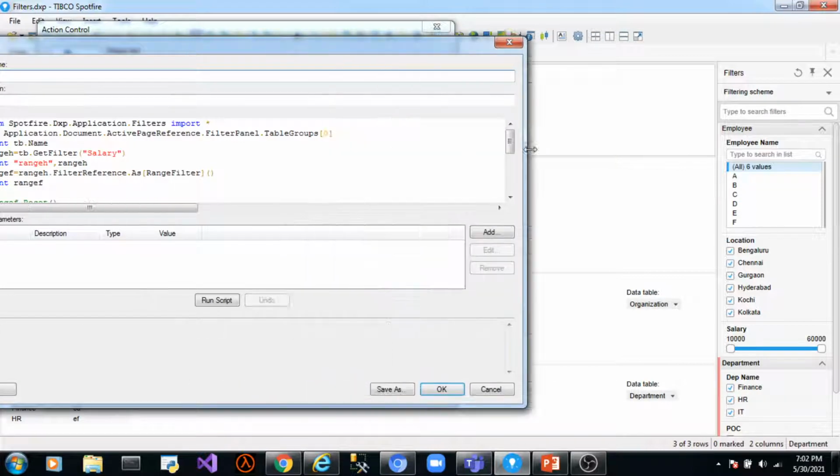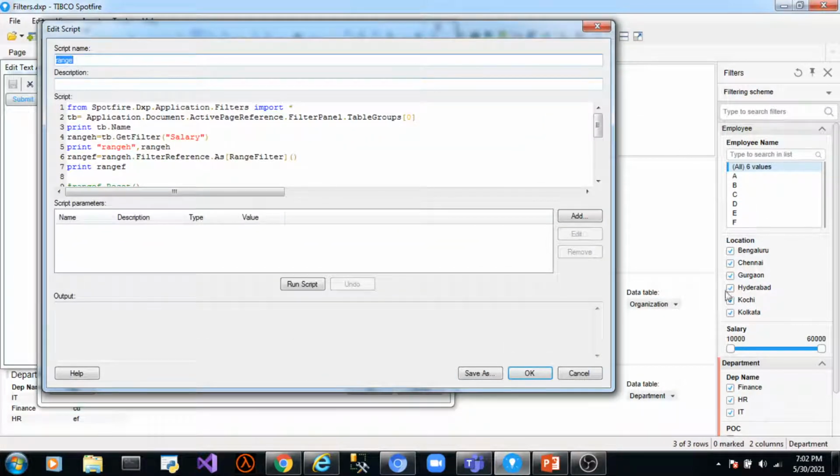First step is to get an instance of the table group where the filter is located. So we are accessing salary filter of the table group employee, which is located at index 0. So we got an instance of the table group.